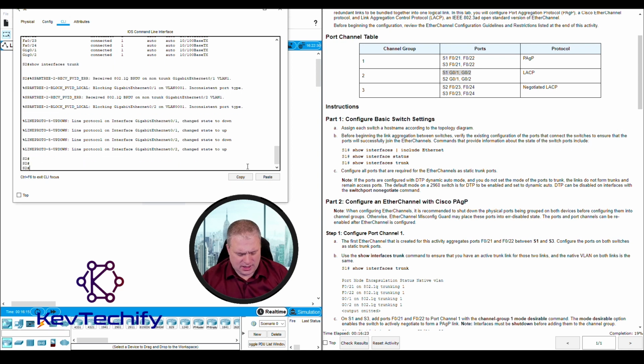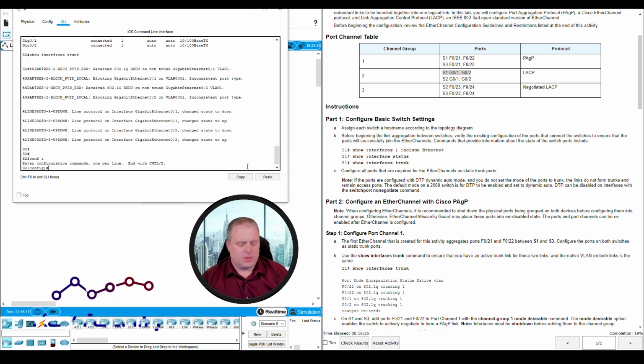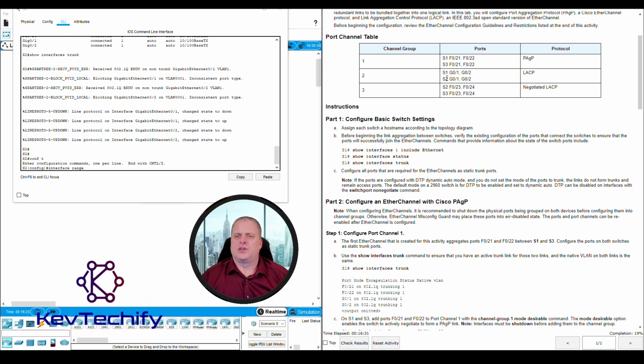So let's go ahead, get into global configuration mode, interface range, and then we are on switch 2. So we have the gig interfaces and we have the FastEthernet interfaces. So our range starts off with gig 0/1 space dash, or the minus sign, space 2, and then I'm going to put a comma, and then FastEthernet